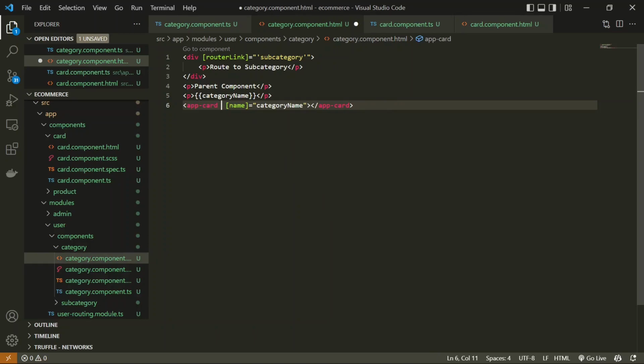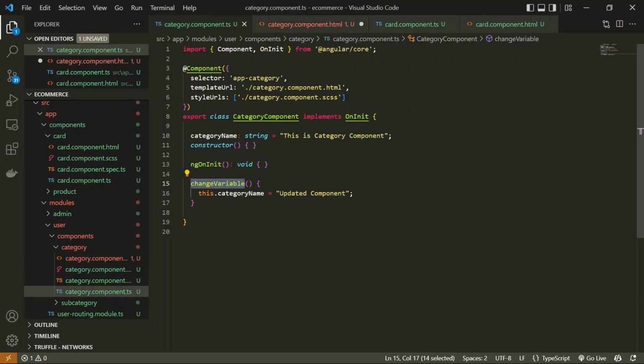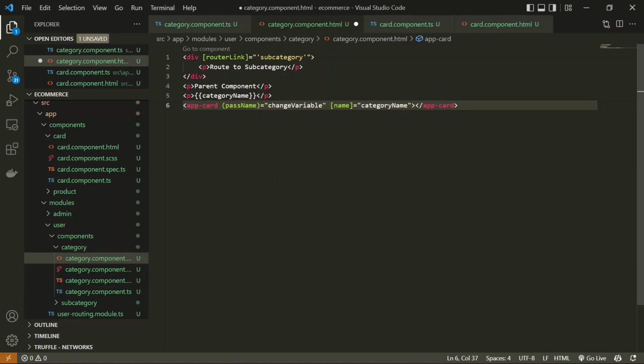In the parent, where we have declared the child component, we have to use that as an event emitter. So we can simply say passName, and in the output of this, we have to call some method, or do something whenever this event is emitted from the child. So we are going to call this method, and I'm going to simply pass this over here.